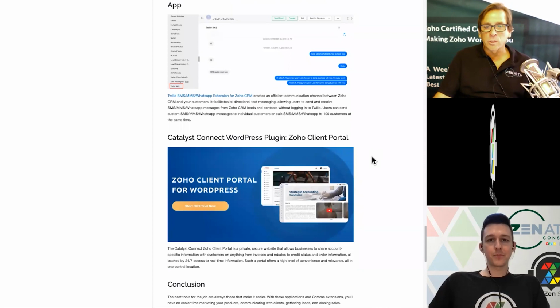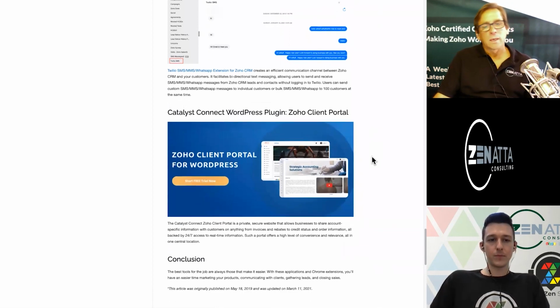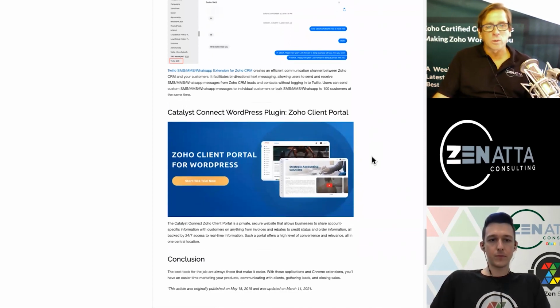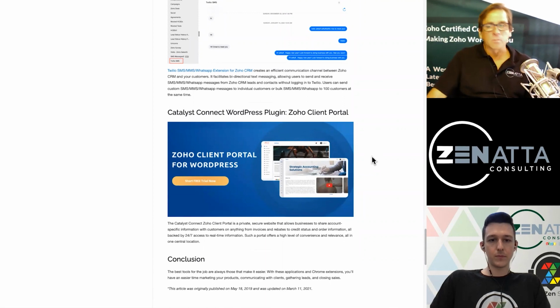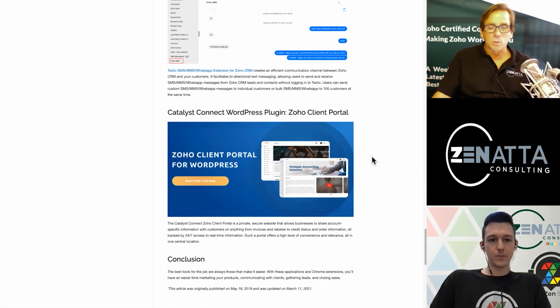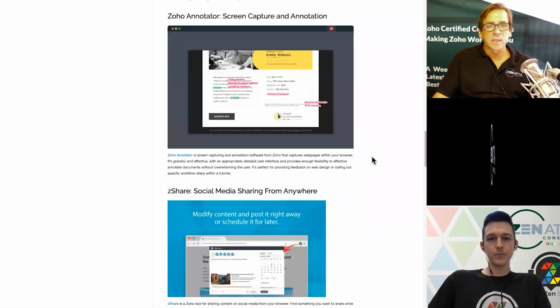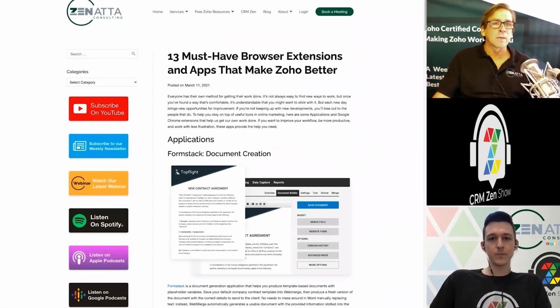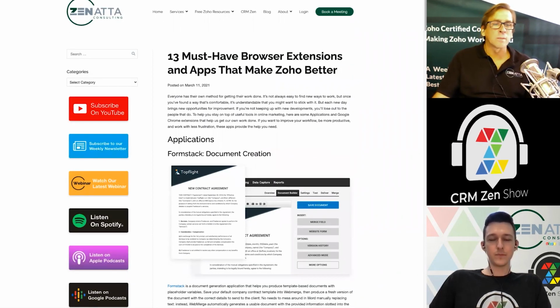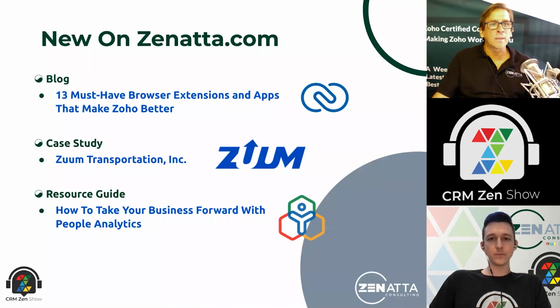It has to be included on this list. If you need a portal for virtually any core Zoho application, this is really the only place to go. It's a WordPress plugin, easy to set up, and you can do some great stuff. So it took us almost 2 years, but we updated this list, and I think it's a good one. So take a look at that article as well. And then